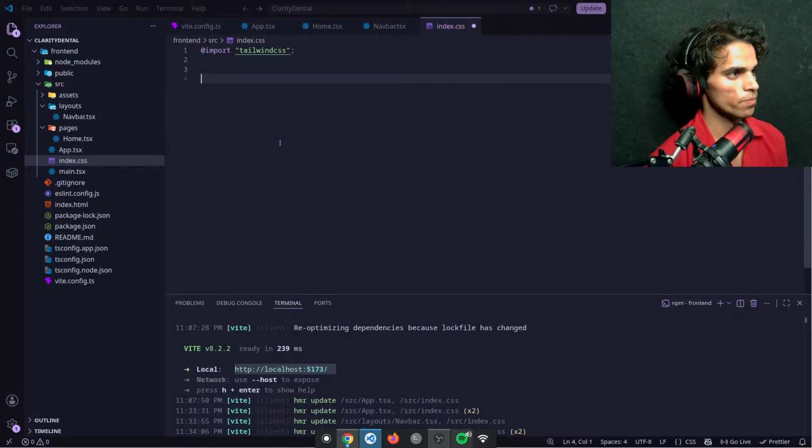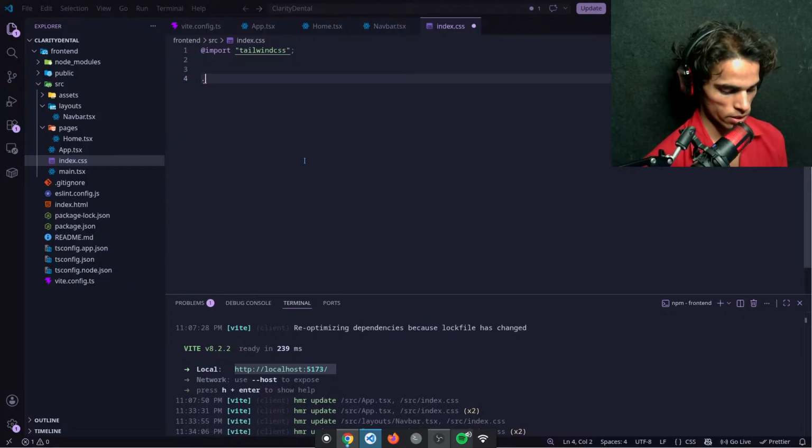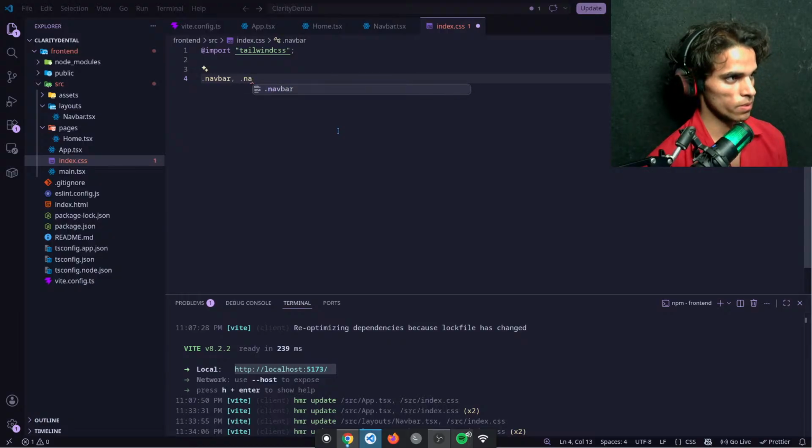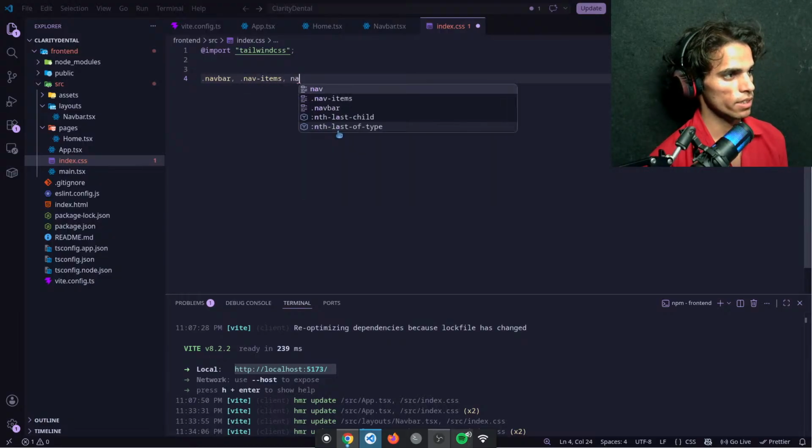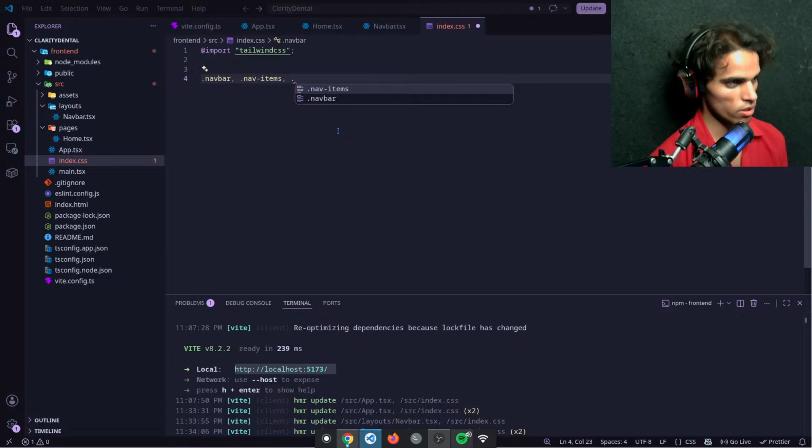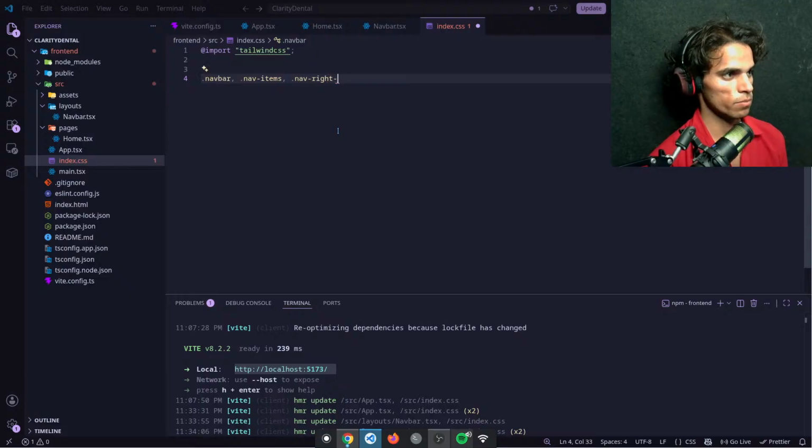No, not apply. First we have to select all these: dot navbar, and then dot nav list, nav items, and then nav, this will be dot nav right side, maybe like this.